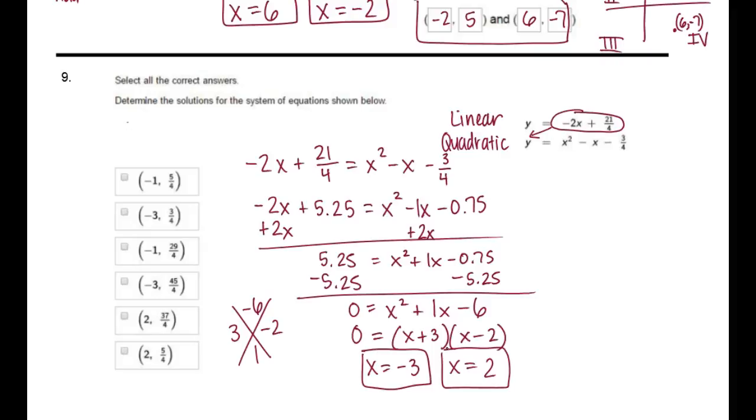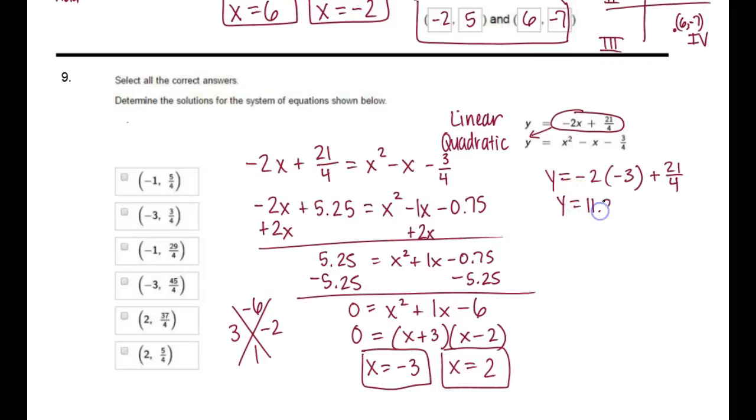Now we're going to do the same thing as the previous and plug in each of those x values into one of the equations that we were given in the original problem. And like before, the linear equation is easier to work with. So let's plug in negative 3 first for the x. When you do those operations, you should get